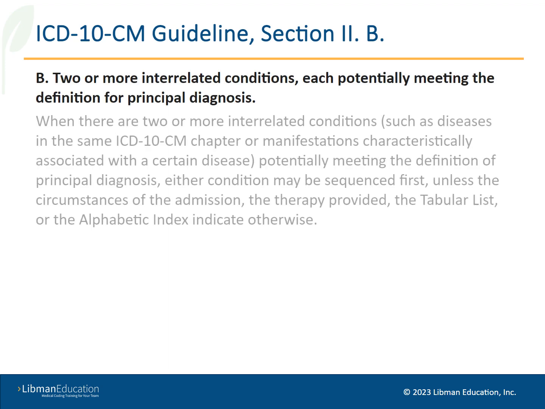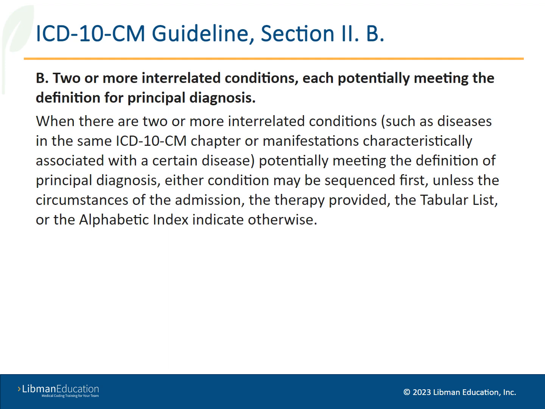Our first two questions in this issue of Coding Clinic address the ICD-10-CM guideline, Section 2B, which provides guidance when there are two or more interrelated conditions, each potentially meeting the definition for principal diagnosis. The guideline states when there are two or more interrelated conditions, such as diseases in the same ICD-10-CM chapter or manifestations